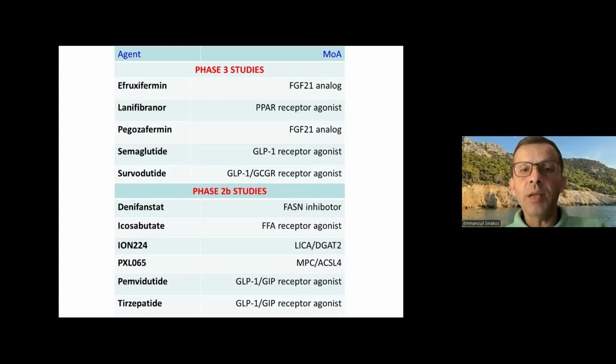I will stay in this slide to point out that this is not the only GLP-1 receptor agonist that is used in this disease. You can clearly see that there are 2 other dual agonists, survodutide and pemvidutide, and also tirzepatide. So this means that the rationale under the use of semaglutide is strong enough to support 4 drugs in progression in this disease.